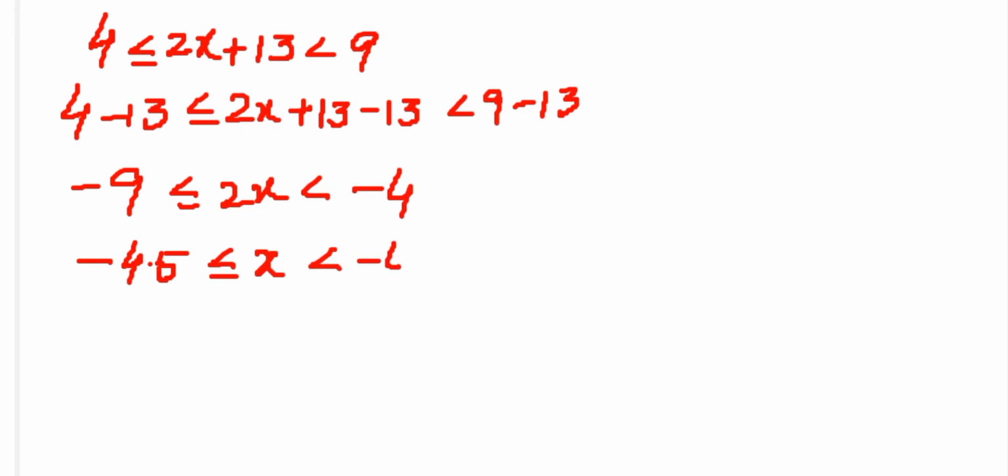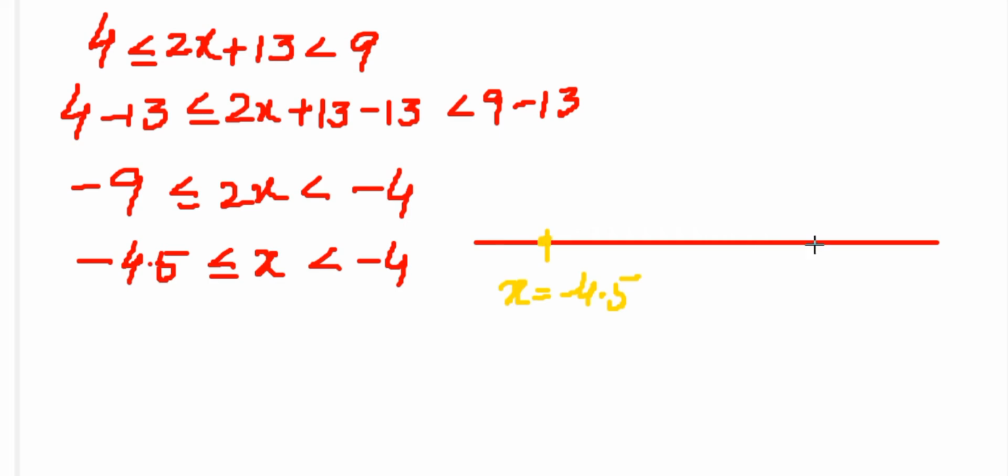All the integer values that lie in this interval are required. You can draw this on a line here like this. This is x is equal to minus 4.5, that is included here, and this is minus 4, that is not included, so we draw a hole here. Your common area lies in this interval. So the integers that satisfy this inequality, one is